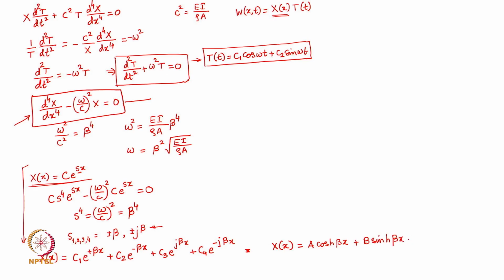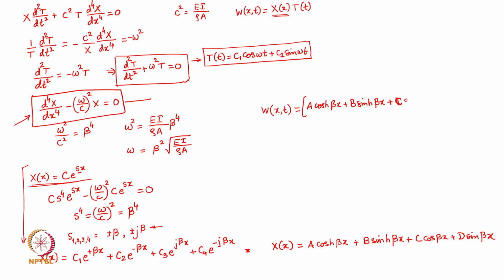So you will find that the hyperbolic functions are going to be part of the general solution here. So, this is going to be an alternate form of the same solution, and therefore, finally the complete solution W of x comma t, the lateral vibration response, is going to be A cosh beta x plus B sinh beta x plus